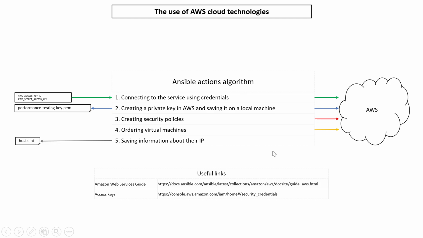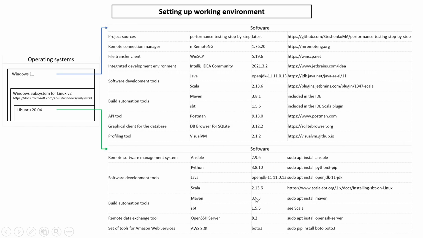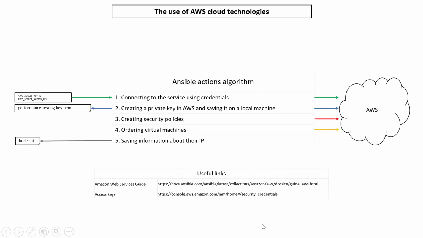Now let's get acquainted with the Amazon Cloud Service and how to work with it. The process is organized in a similar way, but there will be two differences. The first is that we do not use HTTP calls, but use the Bottle library. The second difference is that in Yandex Cloud the ports of virtual machines are open by default. But in Amazon Cloud it will be necessary to create so-called group policies and open the ports that your application will use.